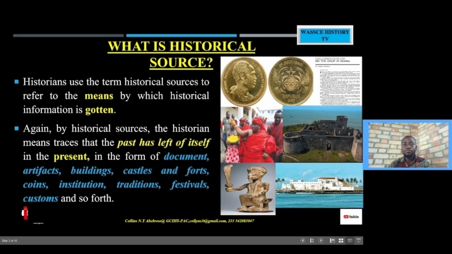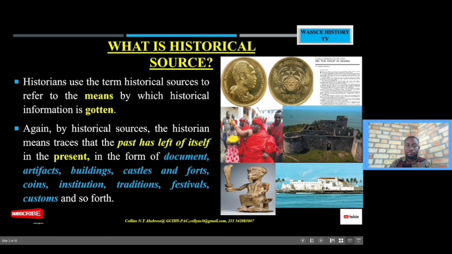Again, let's look at this festival. This festival is celebrated by the people of modern day Ghana. And if you go to this festival, the Homowo Festival, I guess, they would tell you the history behind this festival. Everything being done here is the reenactment of history. History taking place is what you see here. These are customs, the religious life, traditions of some group of people. All these artifacts tell history.